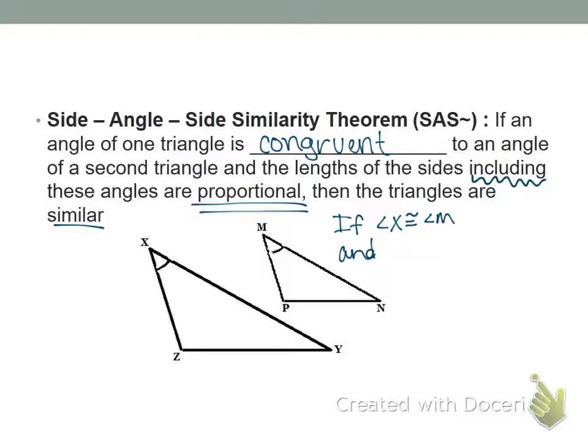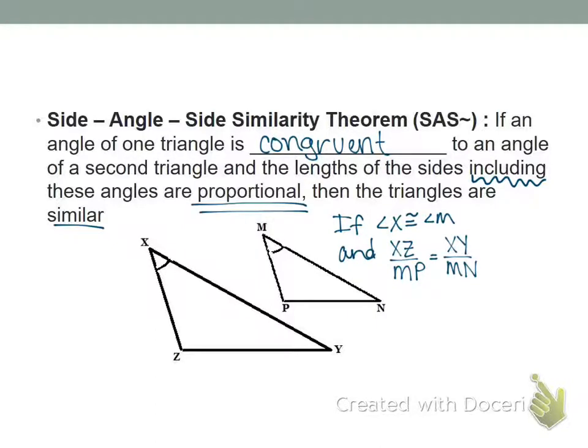So give me one side from the first triangle on the left that I would have to use. Okay, XZ is one of them. That should be compared to which side from the other triangle? MP. And that ratio would have to be equal to what other ratio? XY over